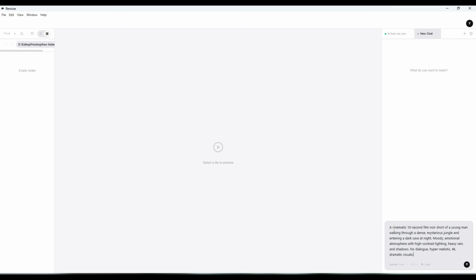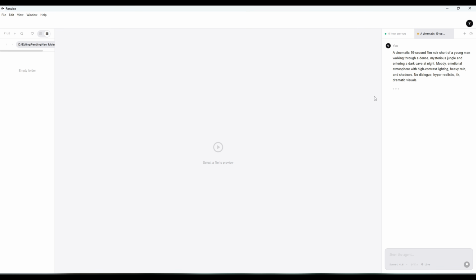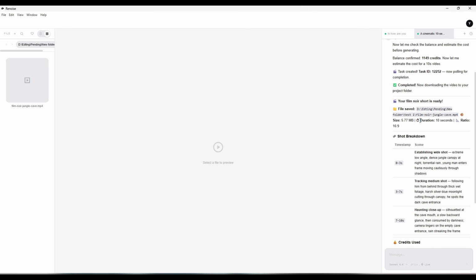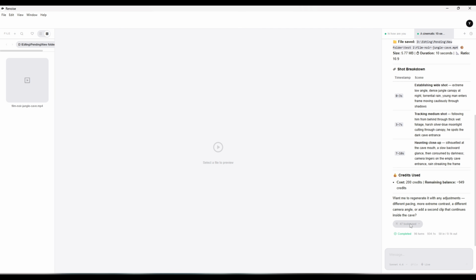To generate a video, go to the prompt box and type your idea. Just clearly explain what kind of video you want. After typing, press enter. The AI agent will process everything and start generating your video. Within a minute or two, your video will be ready. Now the video is ready. You can either watch it or download it. Let's check the